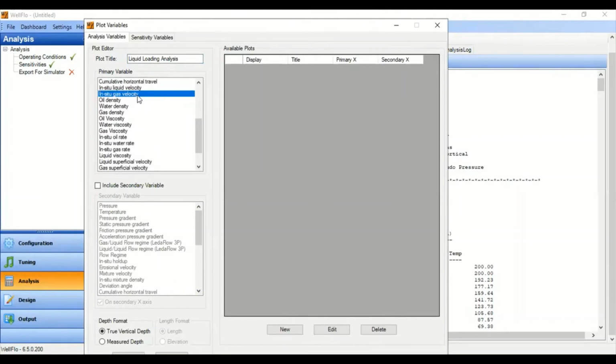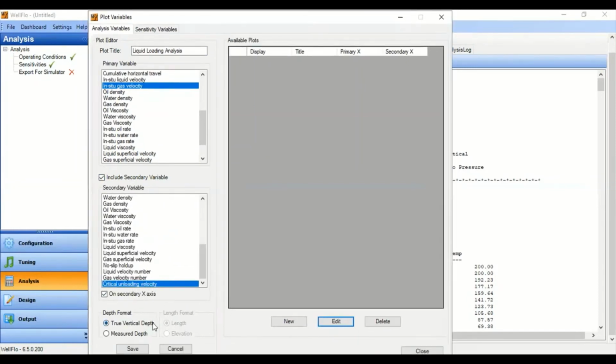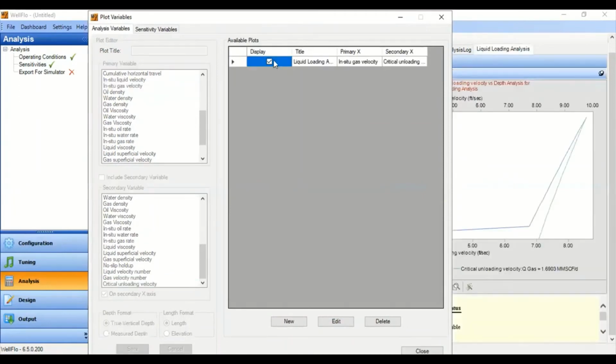It will show the profile of our gas velocity inside our wellbore. So we select in situ gas velocity, and we check this one, include secondary variable, and we select critical unloading velocity. And then we save. All right, so this analysis has been made available.